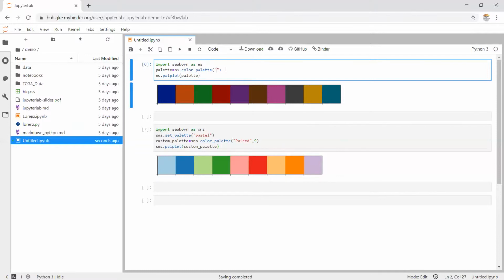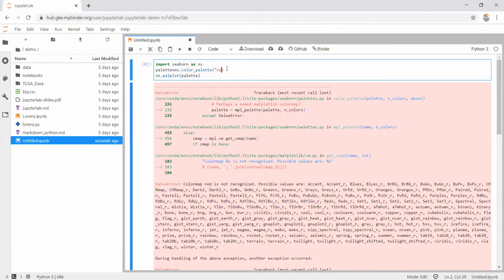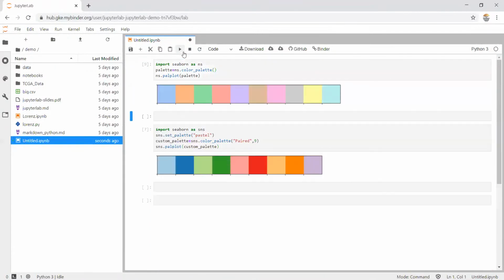So I'm going to show you what are the commands that you can use and the things you can do. For example, I'll write red and I'll run it. See, I got an error. I showed you the default one, right? This is default. After the default, if you want to know what you have to type between these braces